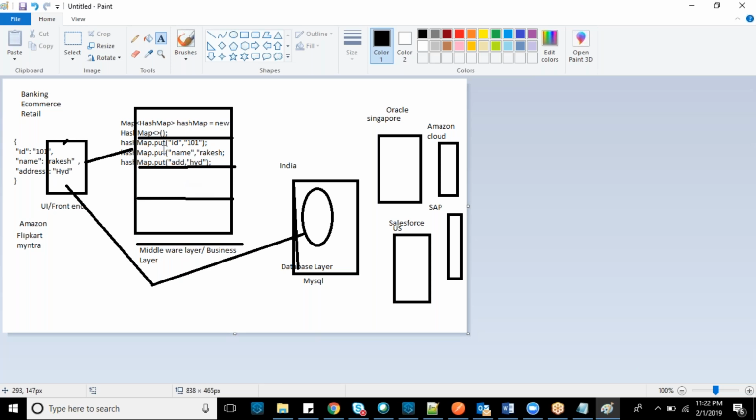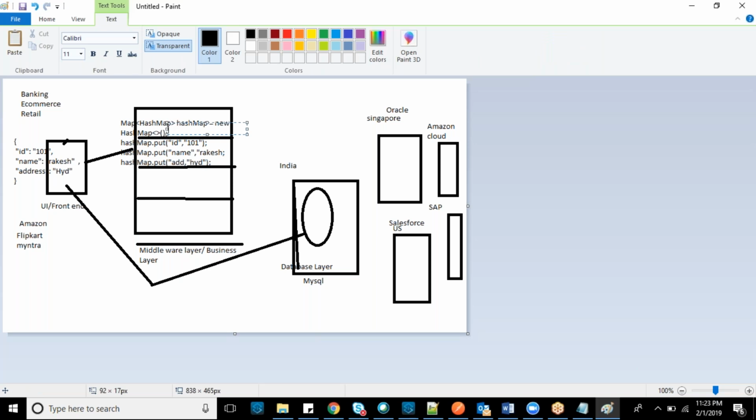Now your Java object is holding all the data. This data should feed into the database. Whenever you create an object, see, I created an object.